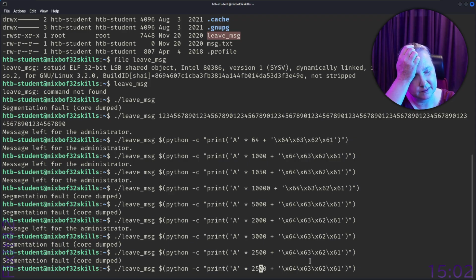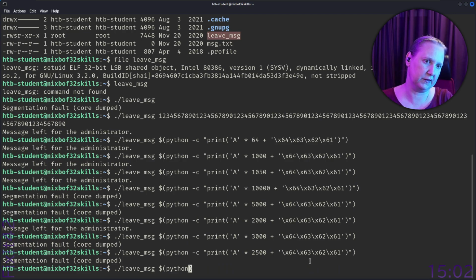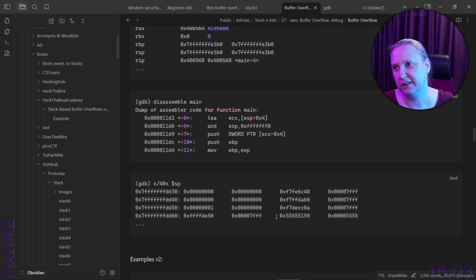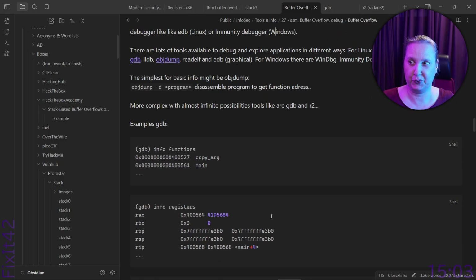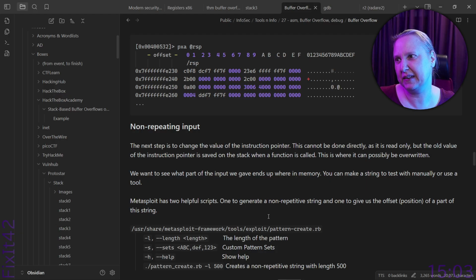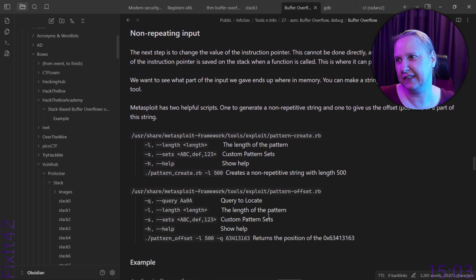Well, I think it's time to do a non-repetitive string here, right? So let's do that instead. We should make a prepared command for this. It just stopped responding again. So let's go through it all and not miss anything. So this is just the learning bit still, right? Yeah. So I'm going to go and do a